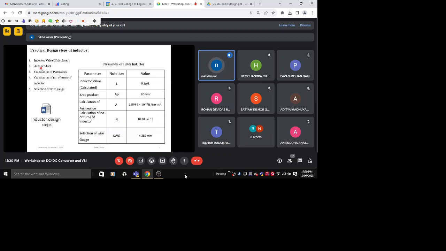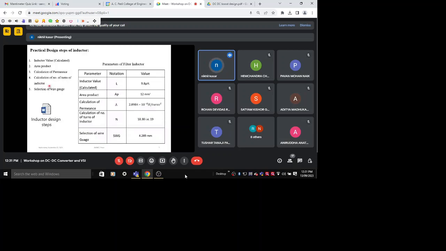Okay, so ACAW start then calculation capital lambda, then calculation of number of turns,